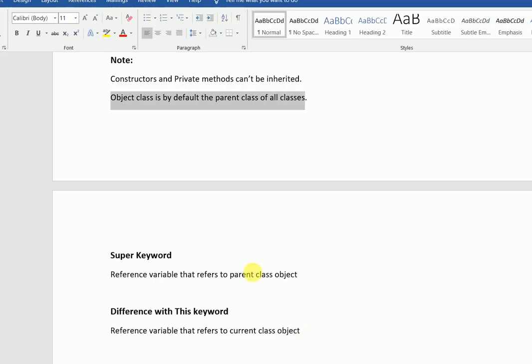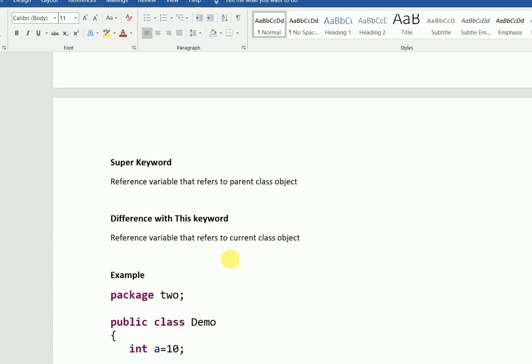Okay, so the Object class is therefore the parent class of all the classes. The child classes inherit the parent class. We write extends and the name of the parent class, but it's not like the parent classes are not inheriting any class. They are inheriting the Object class by default. So in many interviews this is also asked: what is the parent class of all the classes? So it is the Object class. And the Object class does not inherit any class. Okay. Then we come to the super keyword.